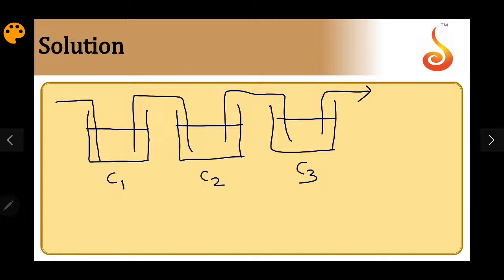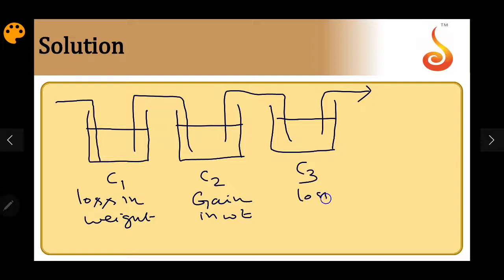So it is observed, first dry air has to pick up the moisture from the container C1. So there will be loss in weight. And C2 has given gain in weight. And again here loss in weight. See, the air which is going out of C1 is already saturated with the vapor pressure of C1. But when it comes to C2, since it is gaining weight, it means the vapor pressure of the C2 solution is less compared to the vapor pressure of the C1 solution.